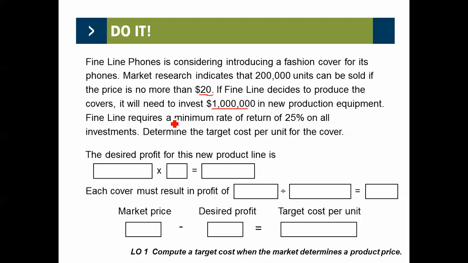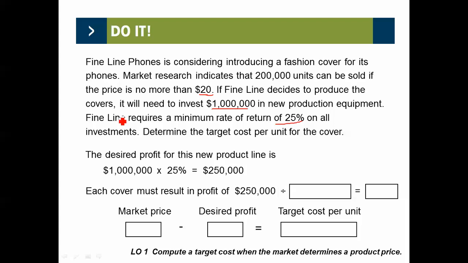Fine Line requires a minimum rate of return of 25%. So that's your ROI, return on investment. That's my profit that I want. So determine the target cost. Well, let's get the profit first. I'm going to have to invest $1 million to do this. I want a 25% return, so therefore I want a profit of $250,000. There are 200,000 covers, so each cover must give me a profit of